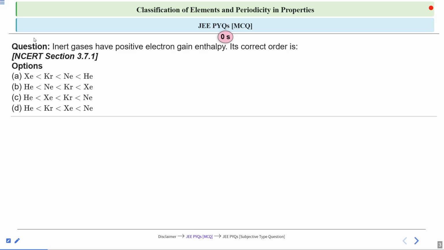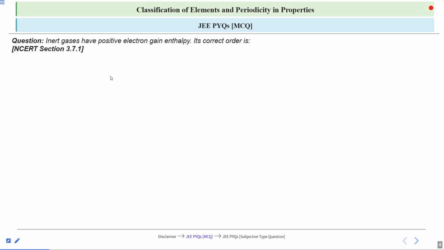Okay, your time is up. So in this question, there is quite an anomaly present along the trend, right? So I would suggest you to remember this trend. Okay, so let us see what is the correct answer. For those who have solved it, the correct order is C.